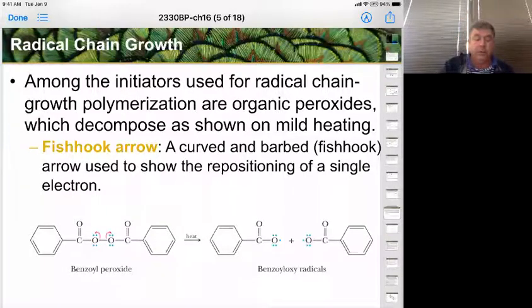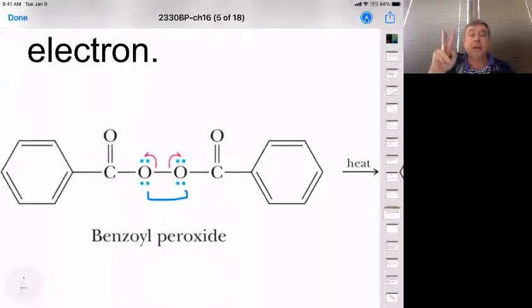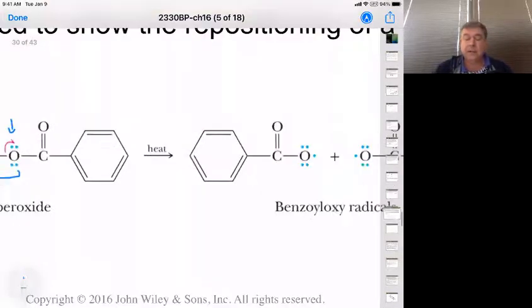So notice right here, we have a sigma bond between these 2 oxygens. And that sigma bond is 2 electrons, right? So if we want to break it evenly, such that 1 electron goes with each of these oxygens, it has to take 1 electron with a single-pronged arrow, the other electron with a single-pronged arrow,